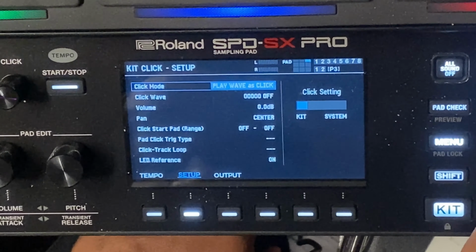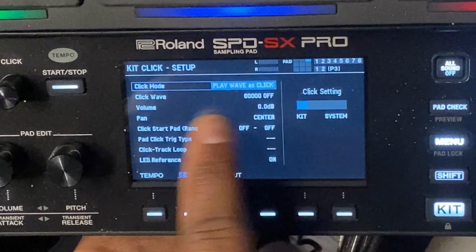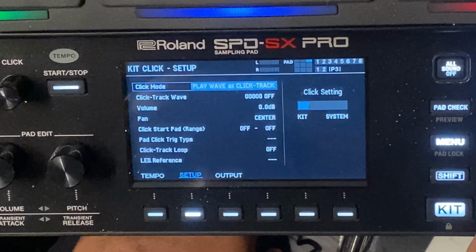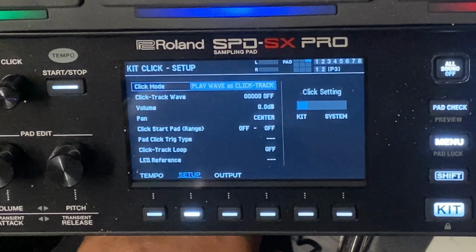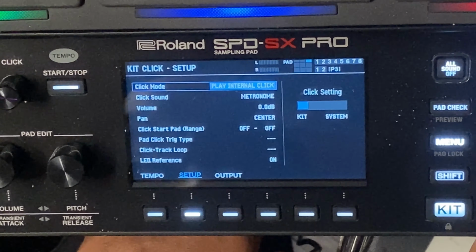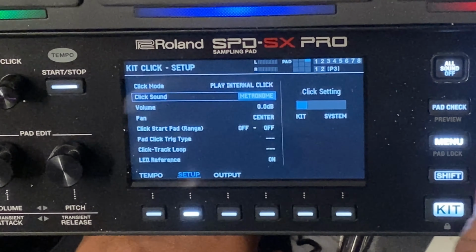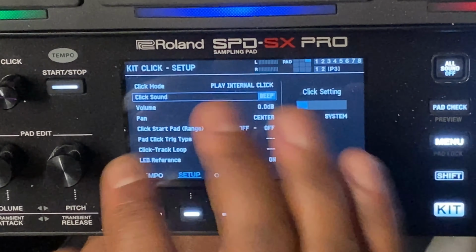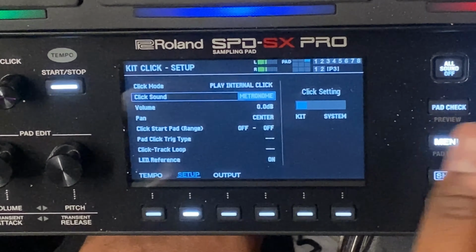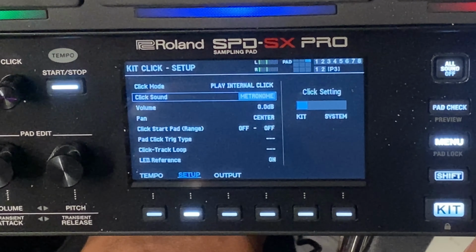And if you notice, as you change these sounds, this click wave changes. These options for click wave change right here, right? And you got different sounds. You got the metronome sound, beep sound. Let's hear what they sound like. Right? And then you got the beep,